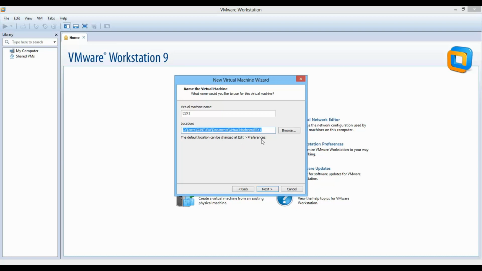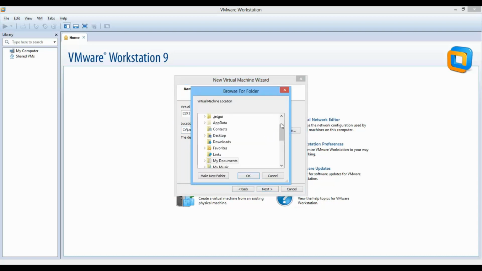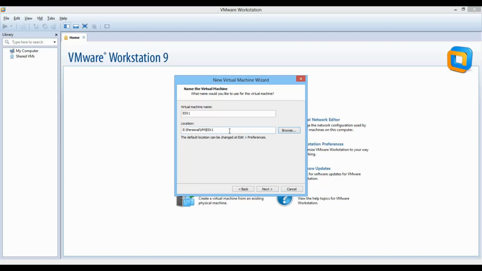Now it's a path after installation, where you are going to keep it and what name you are going to keep. You can go to browse and you can give that location where you are going to store that, like D drive, E drive, whatever. So we'll be going there. In your case you can create a new folder and you can give the name, and after that you can store over there. Now you can see here that location has been changed, right?